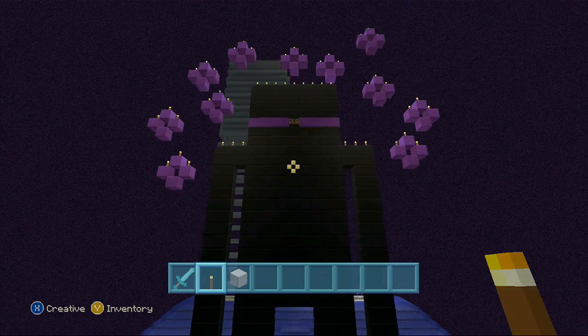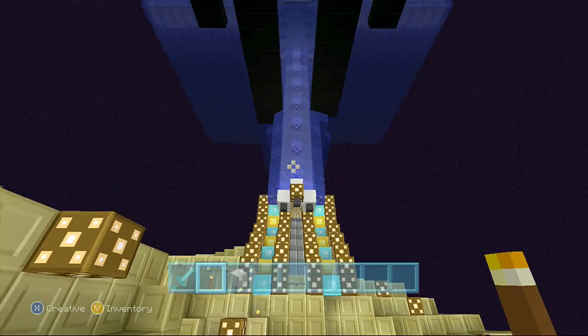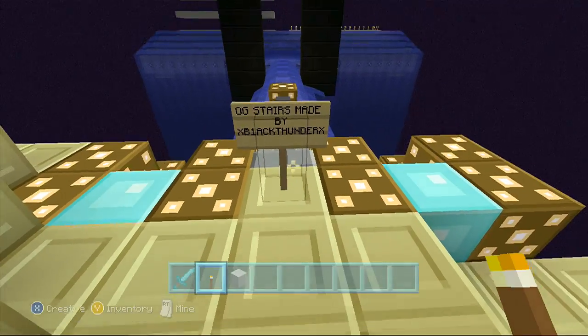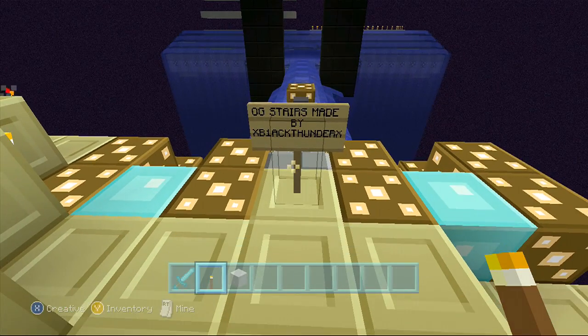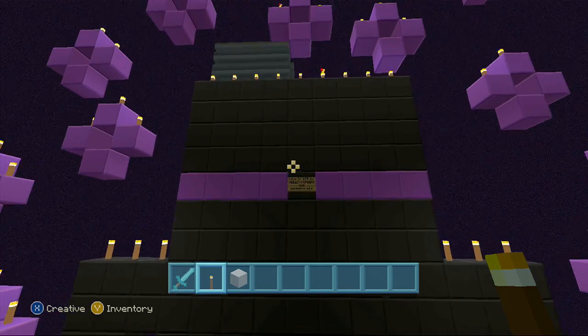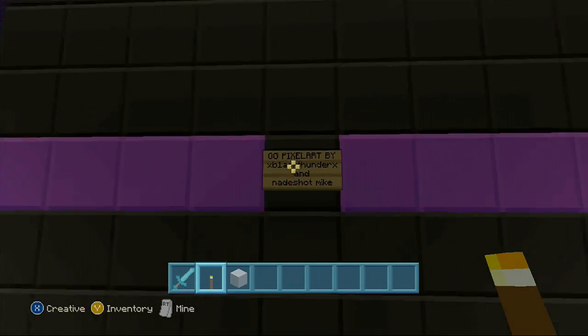Today I'm going to be doing something a little bit special. If you look in front of me, you'll see this giant Enderman, and that gives you a hint of what we will be doing. Now before I go into details, stairs made by Black Thunder. Before I go into details, I just want to say that,